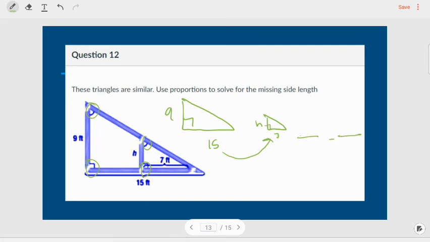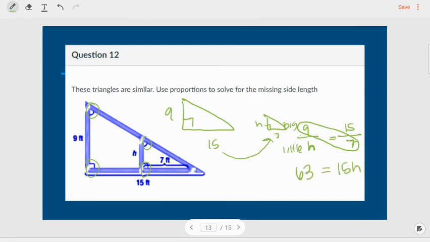So big to little. Okay, h is my little, so I'm going to make sure h goes on the bottom, so I have my variable over the matching 9 on the big triangle. And 7 is on the little triangle, and 15 is on the big triangle. So I'm going to cross multiply. 9 times 7 is 63